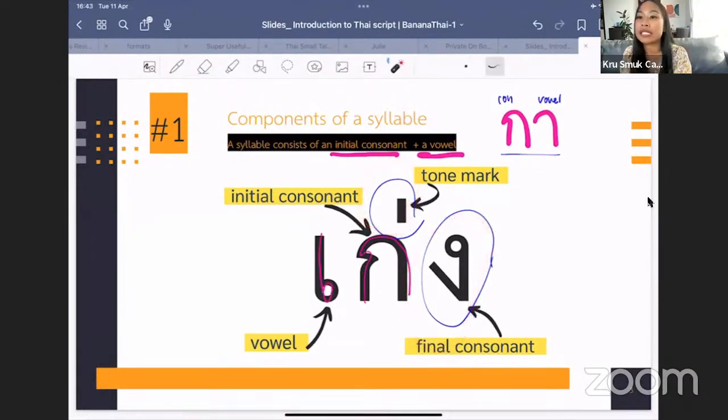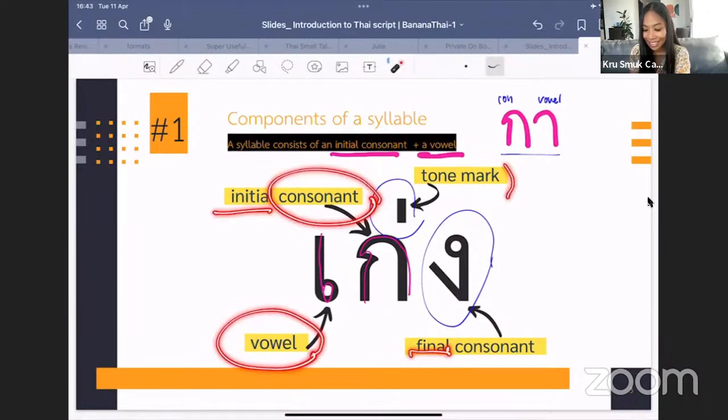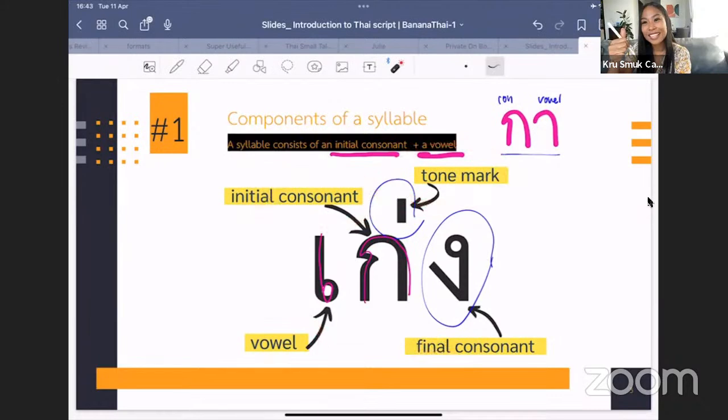That is not necessary, but many words also have that. So that's why you have to learn the main points of consonants, which are initial and final. You have to learn vowels and you have to learn about tone marks. All good? Okay, ไหมคะ